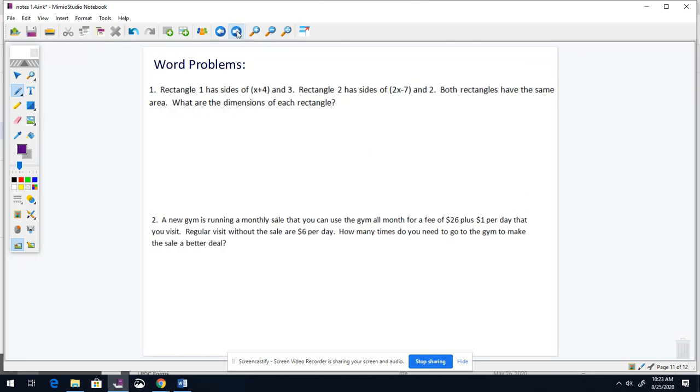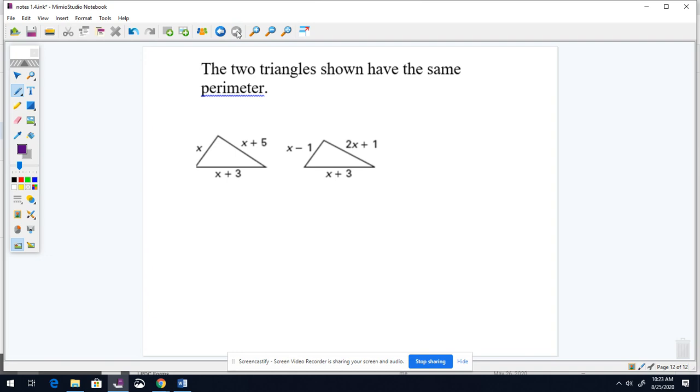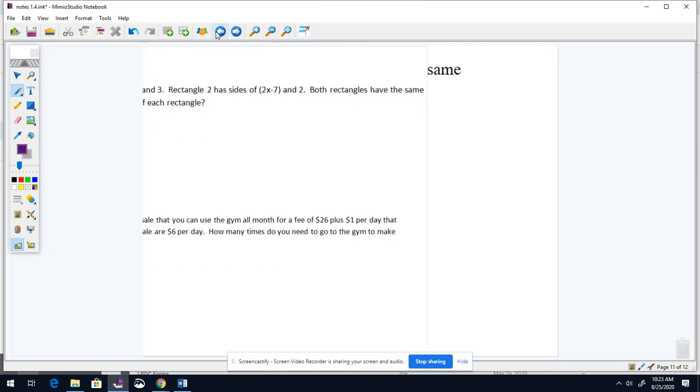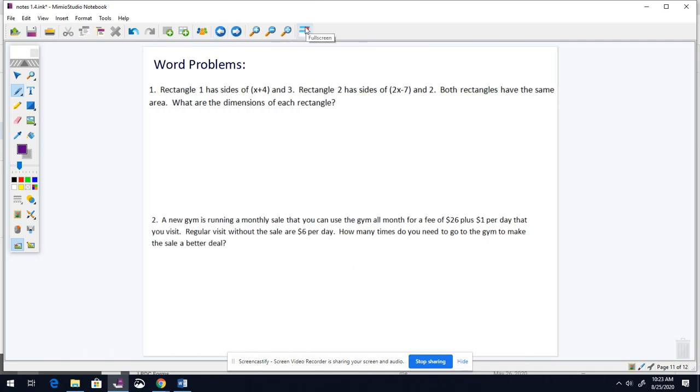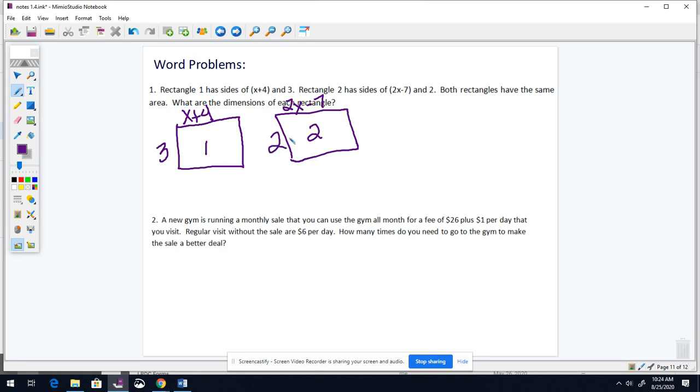So we're going to look at a few word problems. Start with this. We have a rectangle, I'll just call this rectangle 1, that has sides x plus 4 on one side and 3 on the other. Doesn't matter which one's which. And then rectangle 2 has 2x minus 7 on one side and 2 on the other. What we know about them is they have the exact same area, and we're trying to figure out the dimensions